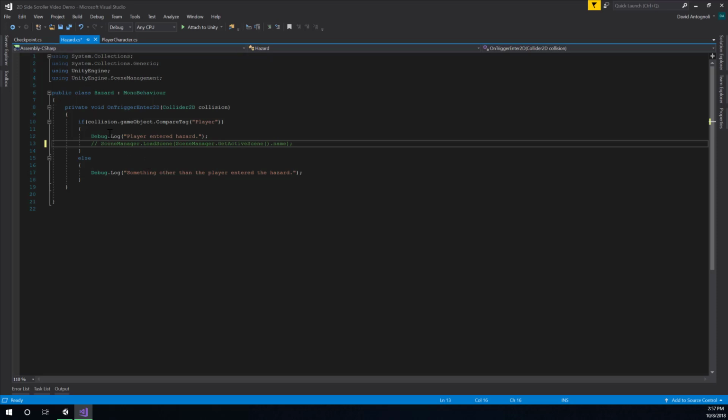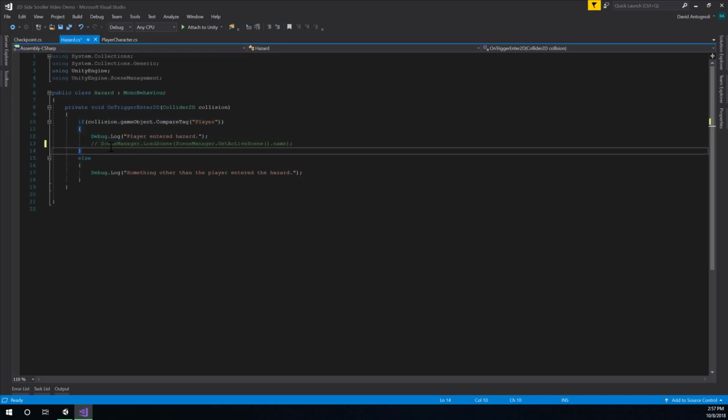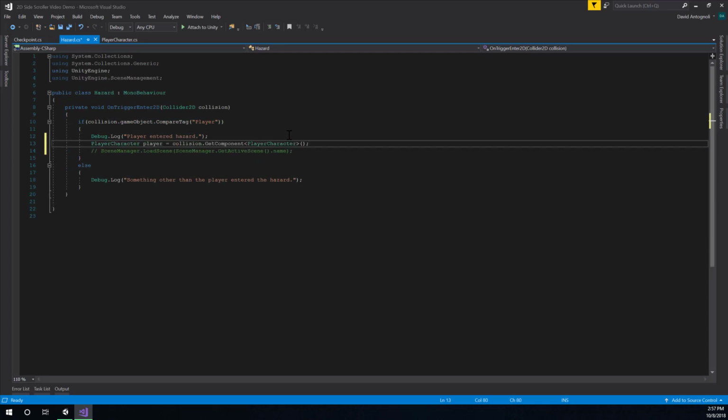So what I'll do, this is going to have to work very similarly to how the checkpoint is working. Meaning you can go ahead and copy this line right here inside of checkpoint. So copying line 12 in checkpoint here, and I'm going to go into my hazard script and paste it in. So we need to get a reference to the player because the respawn function is on the player script. So now that I have a reference to the player,